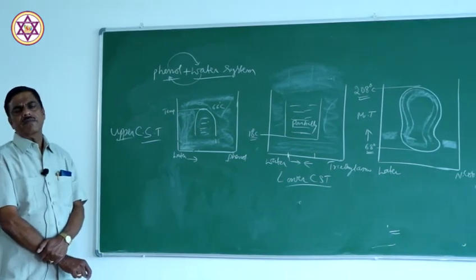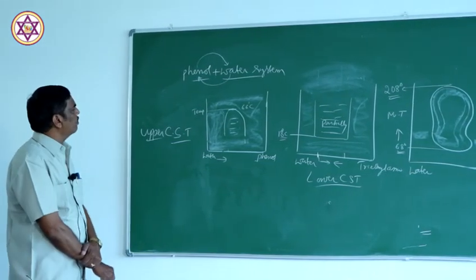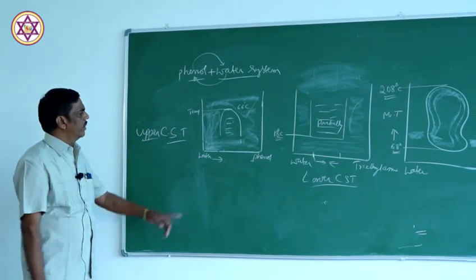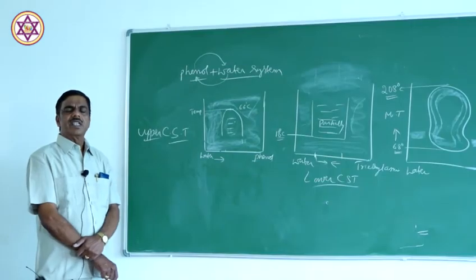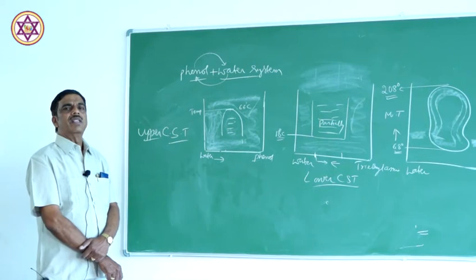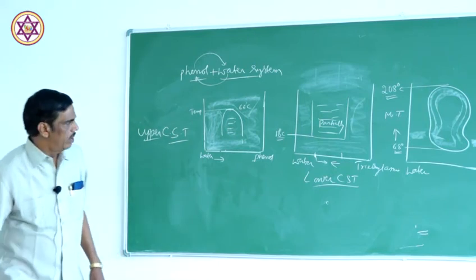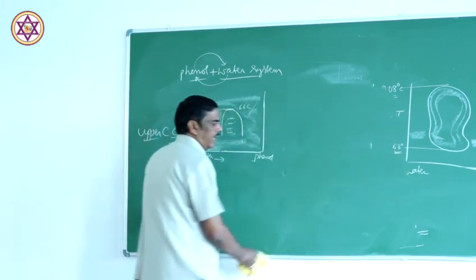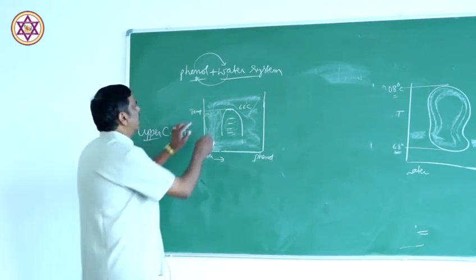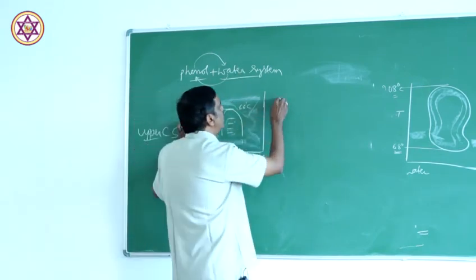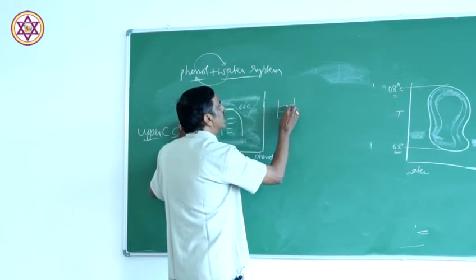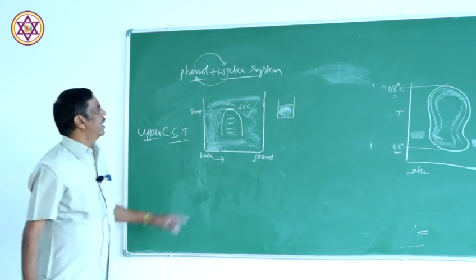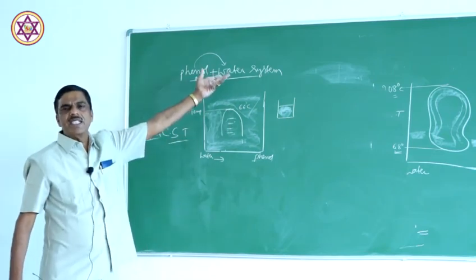There is one more effect on this critical solution temperature. That is, when an impurity is added to these mixtures, the critical solution temperature is varied. For example, in the case of the phenol water system, if you add a little impurity, such as a little sodium chloride, the critical solution temperature increases. Now, to this phenol water system you add a solute or impurity, and the critical solution temperature is more than 66 degrees centigrade.